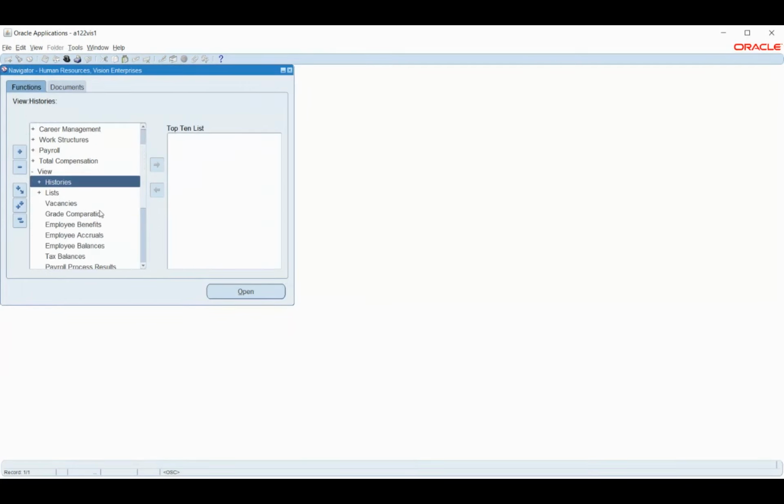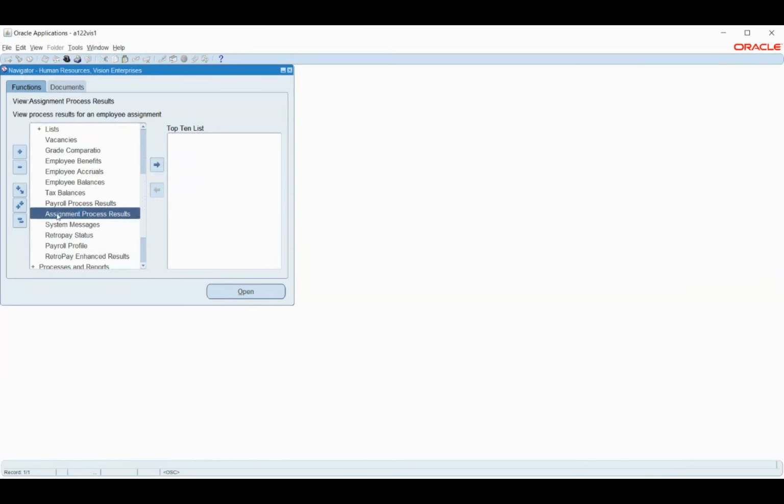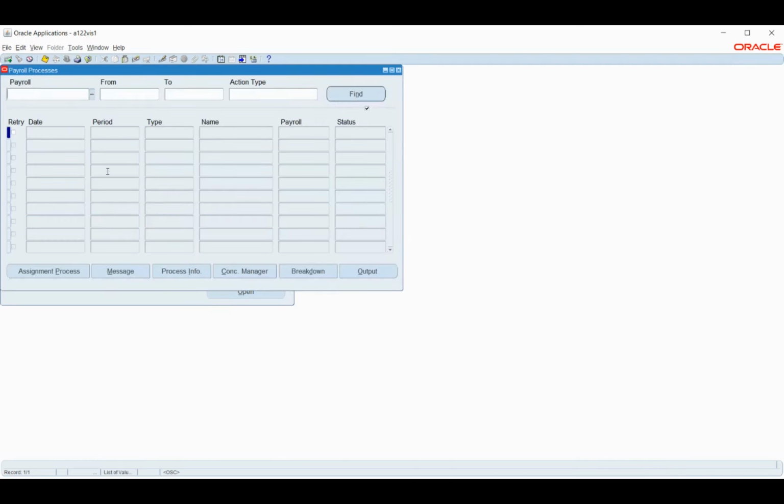Here, if you see, we have two things. One is the assignment, which means an individual employee, or the other is for the entire payroll. Here I will have this process run ID. Using this process run ID, I will link it in the concurrent program and reverse the process which I ran.